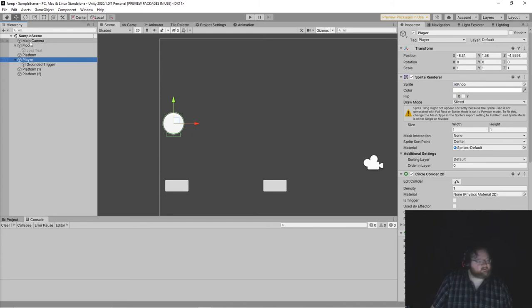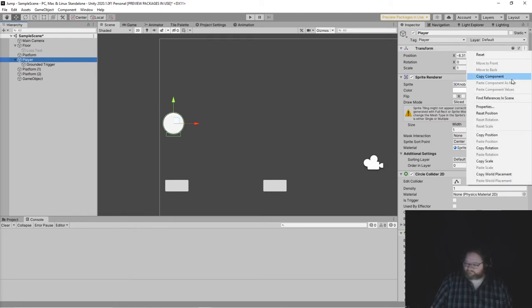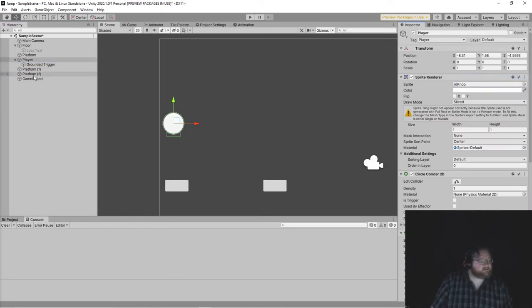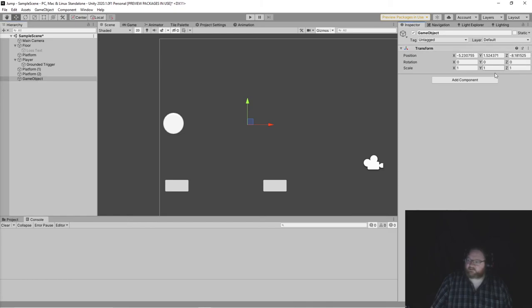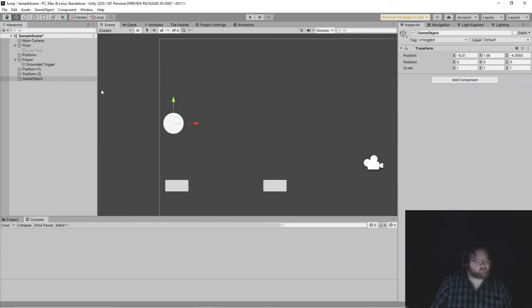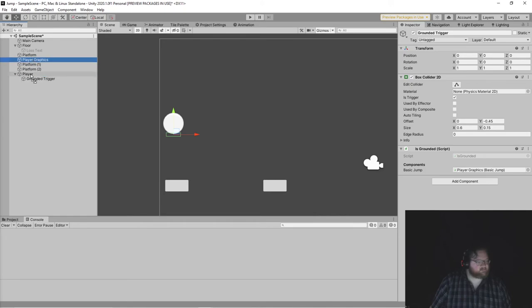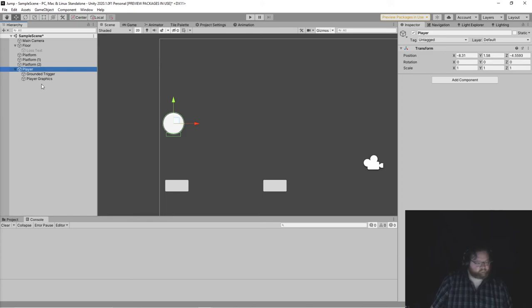easiest way to deal with this is to pretty much rework our entire system. So, what we're going to do is we're actually going to separate our graphics from our motion. So let's make a player object, player graphics. Move our ground trigger into here, put graphics into here. And